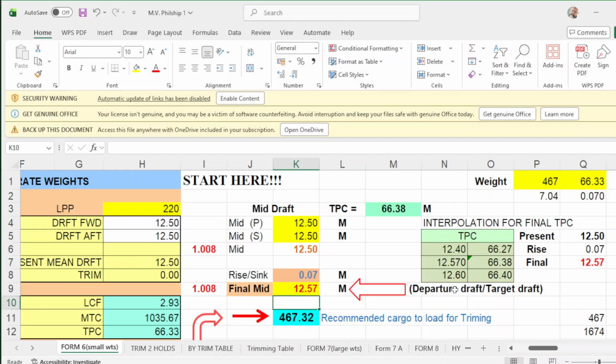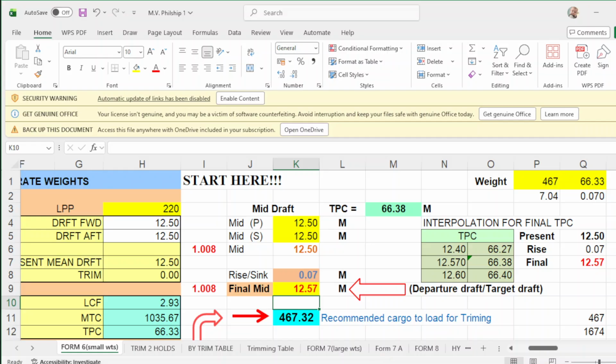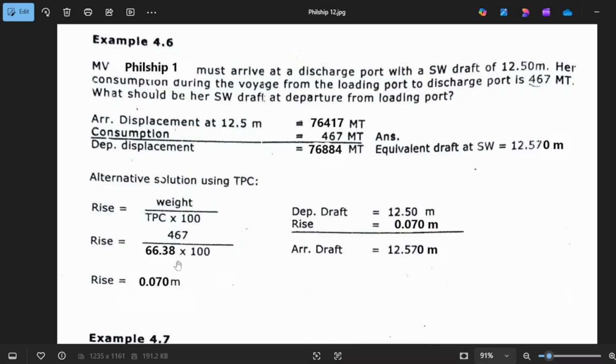Since your departure drop at loading port is 12.57, you interpolate the TPC and you will get 66.38. So 66.38 TPC times 100 is 6638.